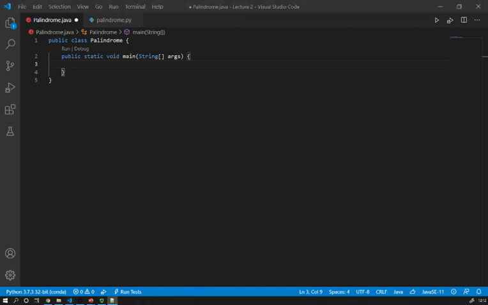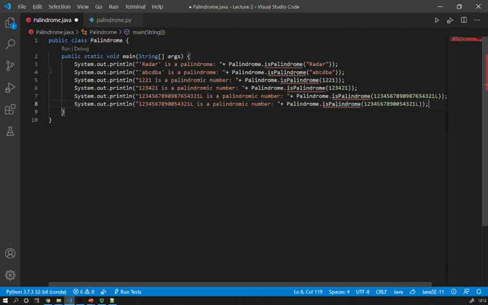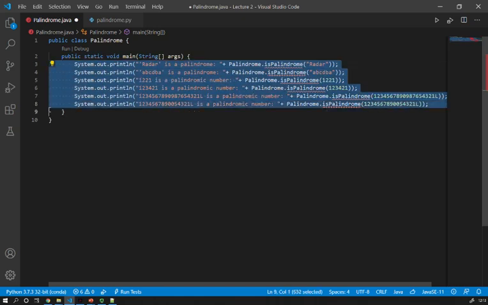Then I'm going to copy the different System.out.println, similar to what I've done in Python. So in that case, it will look like this. And you can see here, I've got my different strings, then I've got my ints, and then I've got my long numbers over here, finishing with the letter L to signify it's a long number. But for the moment, I've got a lot of errors here because I haven't defined the method isPalindrome yet. So let's comment that out for the time being.